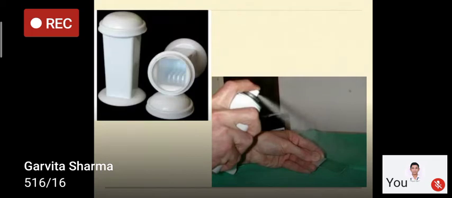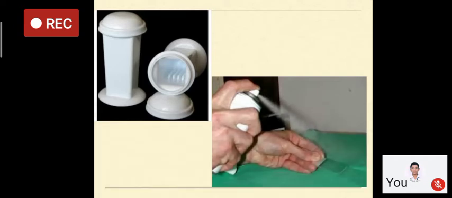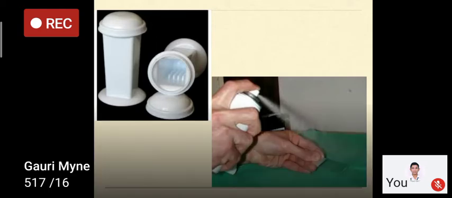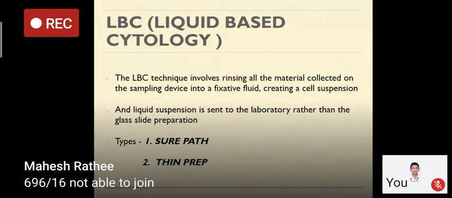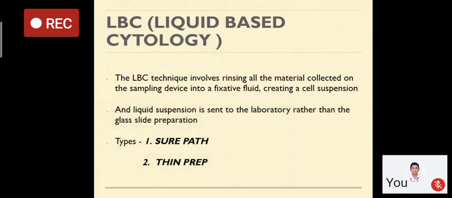So this is showing the pap stain, and the first one is generally kept in the OPD. The fixative is 95% ethyl alcohol and ether. This white colored container is present in our OPD. You can see it when you come to us in the OPD. And then hairspray can be used for fixating this also, if you don't have the other thing. LBC: nowadays we have replaced pap smear with liquid based cytology.